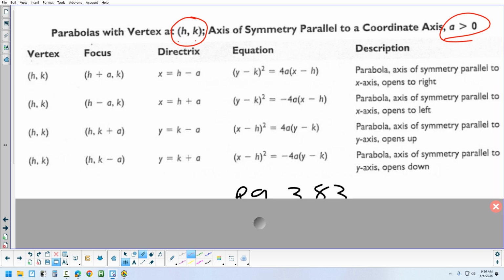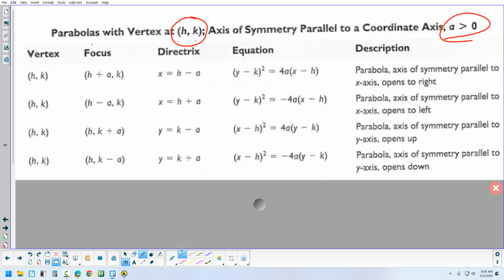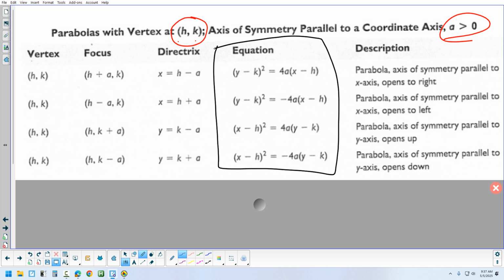So all that I'm going to focus on is this part of the table right there. Because if you understand which way the parabola is opening and what A means, you don't need to memorize all these different formulas to figure out the focus and the directrix. You can just say, okay, it's opening to the right, so that means the other thing goes to the left. You can just kind of reason it out. Otherwise, it's a lot to try to memorize it